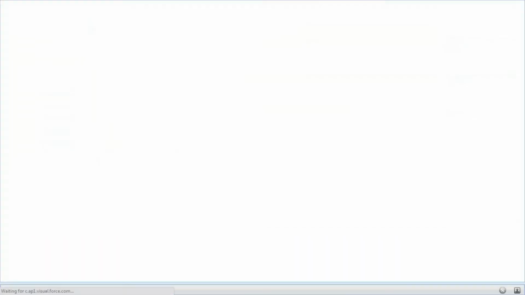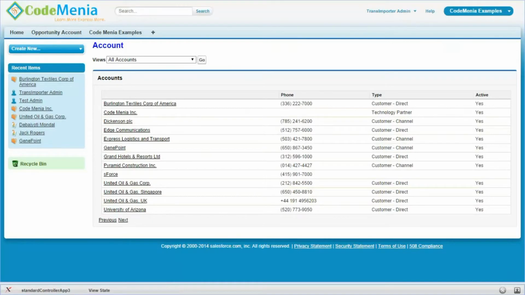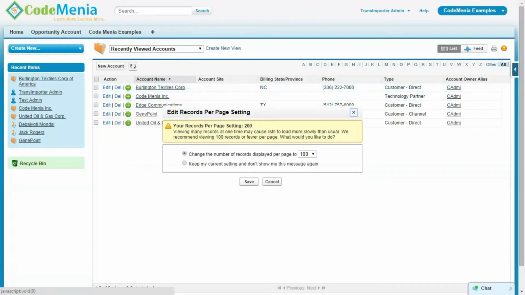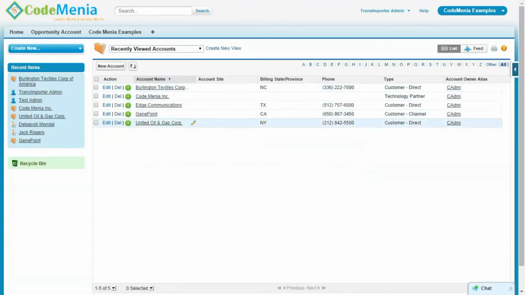As well, if we select another view and click on the go button, it will execute the list method and will display the records for the current view. So like this we can place the standard view into the Salesforce Visualforce page.